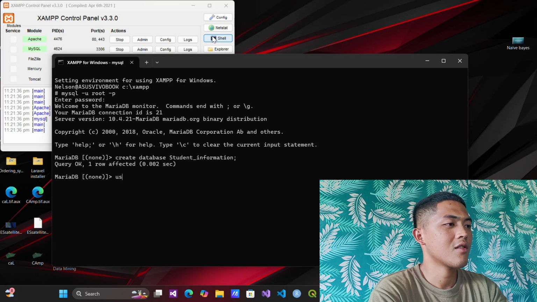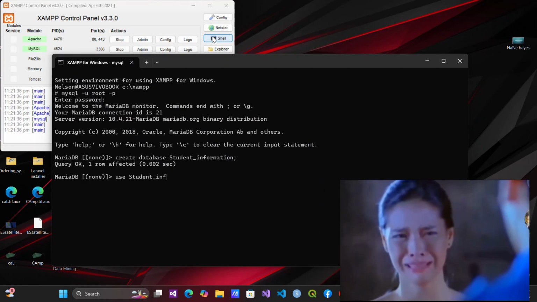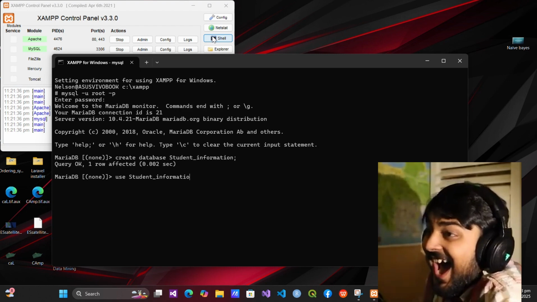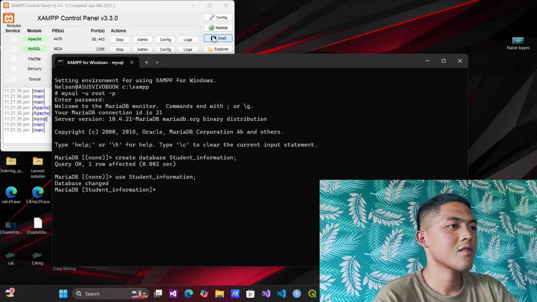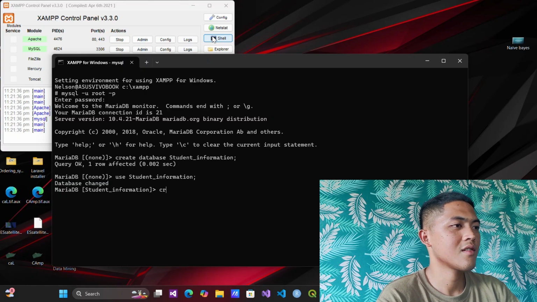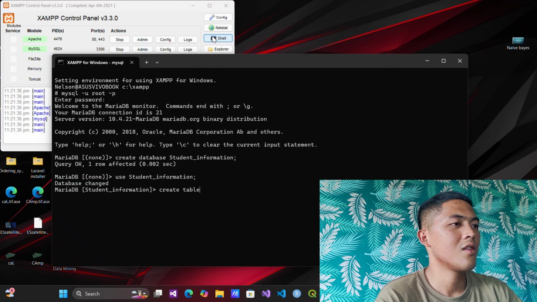The use statement tells the SQL engine which database you want to work with. And then let's create a table from the database. Just type create table, the name of your table. Let's name it again as student information.